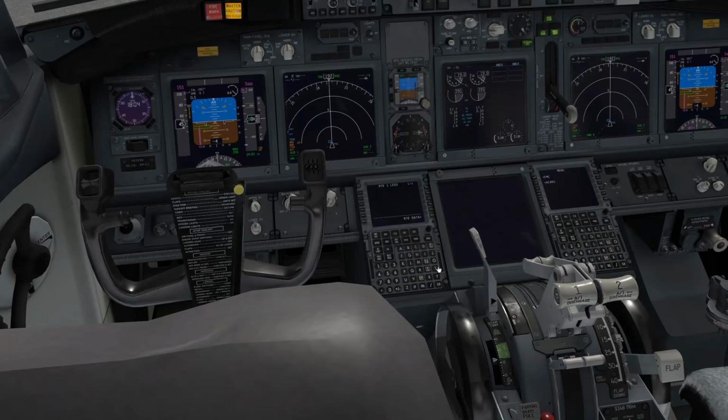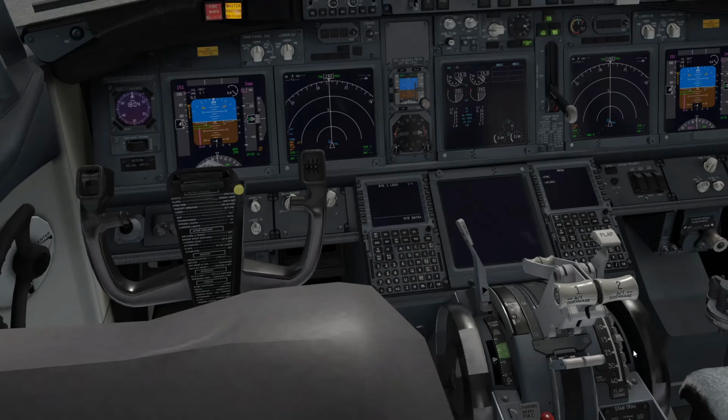Speed brakes down. Flaps up. Stab trim set 5 units, and transponder to